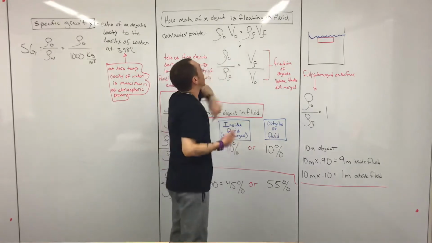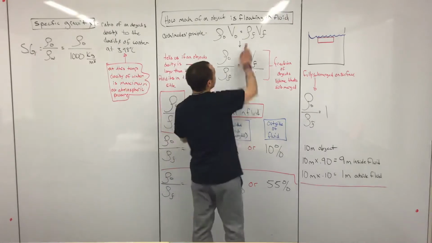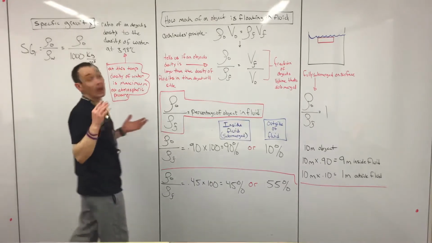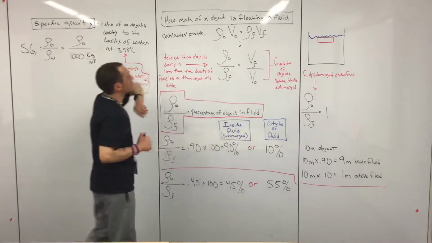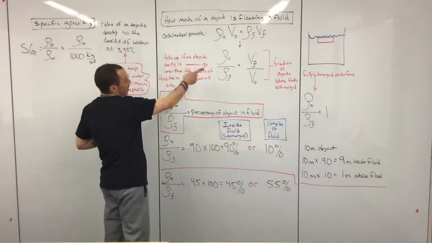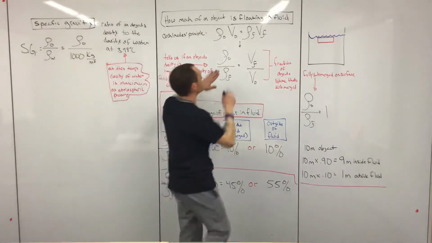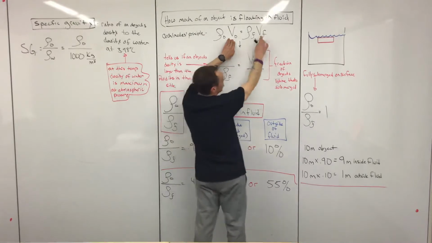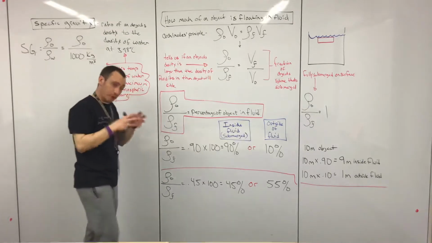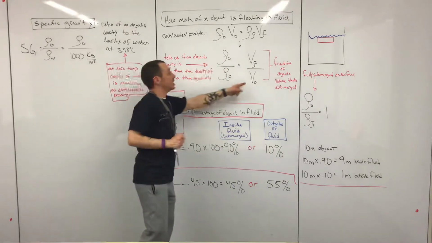We could also look at it as weight. We can turn density and volume into mass, and multiply both sides by g and look at the weight in the same way. But we'll just describe it this way because this is how we use it. And so using Archimedes' principle, even when an object isn't fully submerged, I know when it's fully submerged, the volume of the object is equal to the full volume of fluid displaced. The total volume of the object will be equal to the amount of fluid that it's displaced. We can still use that idea to look at